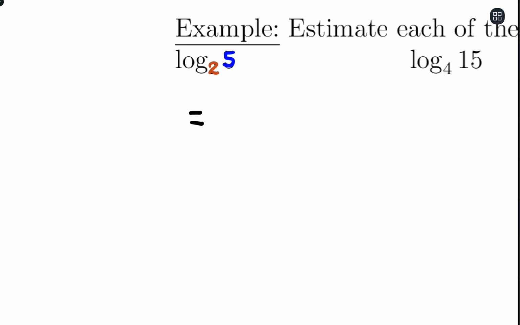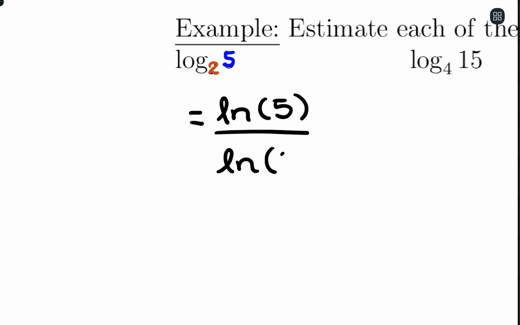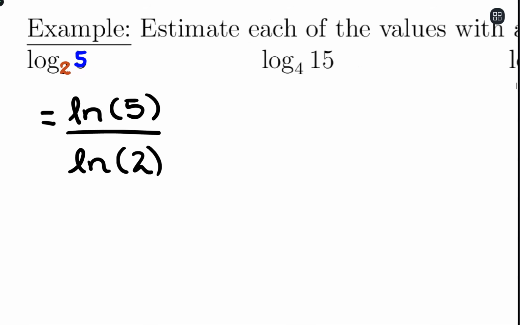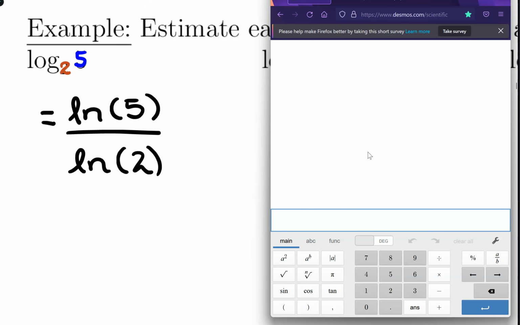Doesn't matter. I'm going to go with base e, so natural log of 5 divided by natural log of 2. Let's go to the calculator, and I'll show you this with base 10 as well, of how it ends up being the same. So if I type in natural log of 5 divided by natural log of 2, we get